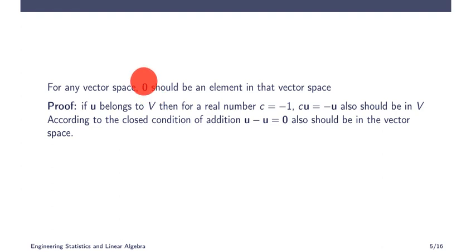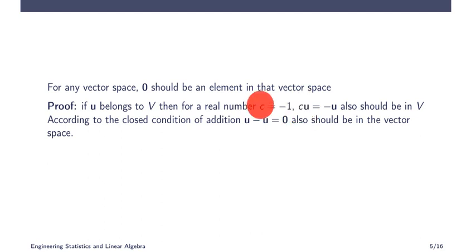If 0 vector is not there, then it is not a vector space. So how to prove that? Consider U, which is an element of V. V is a vector space. Then for a real number C equal to minus 1, CU, that is the scalar multiplication,